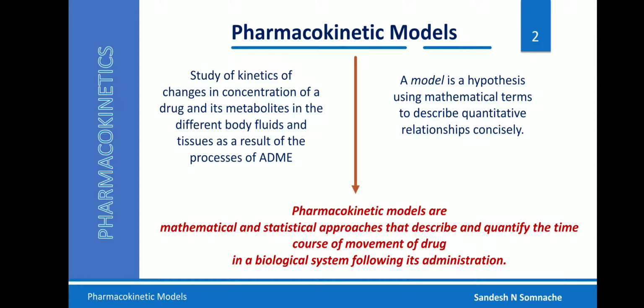Generally, pharmacokinetics, the study of processes like ADME, is a very complicated and complex process, and to simplify these processes there is a need for some approaches. By using mathematical and statistical approaches we can describe these various pharmacokinetic models. Here we are using various rate processes or rate constants to describe these processes.